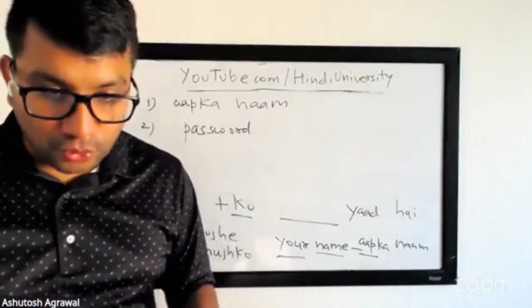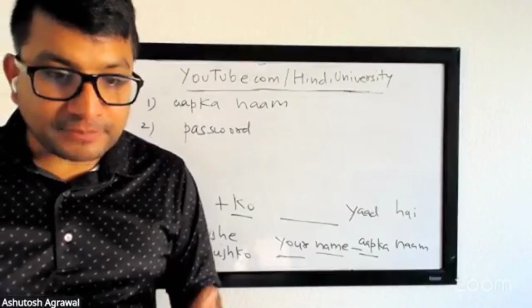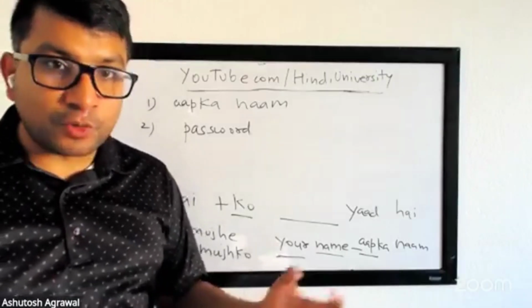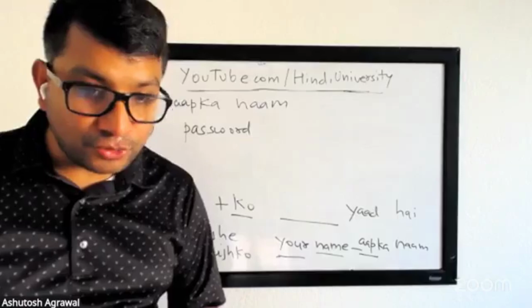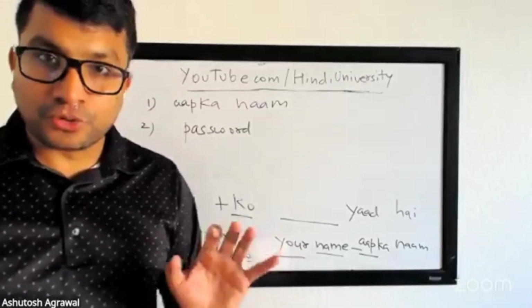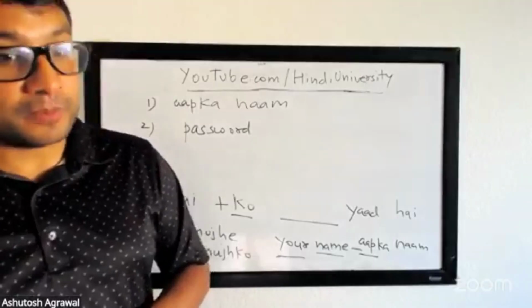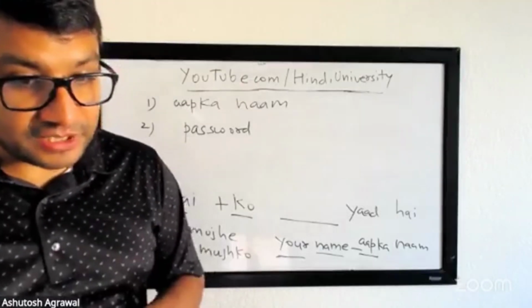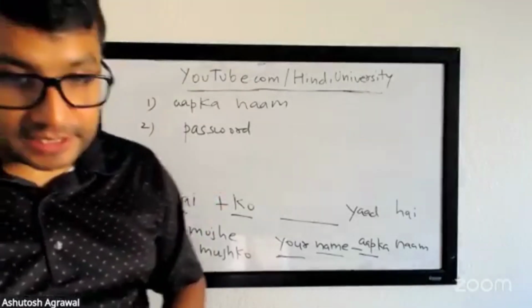I do not know. But something, it's the same thing in English. Something you want to say, I do not remember. Something I do not know. So same distinction. Don't overthink it. Sometimes you say, I do not know or I do not remember. So it's not in your memory. So मुझे password याद नहीं है.